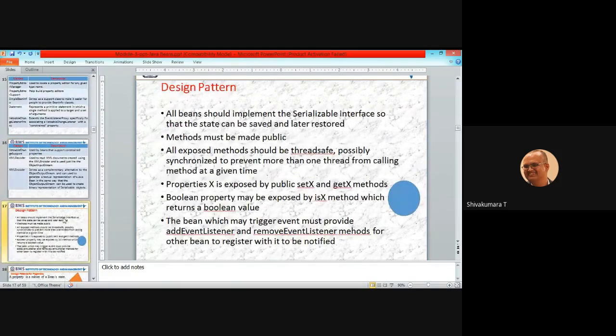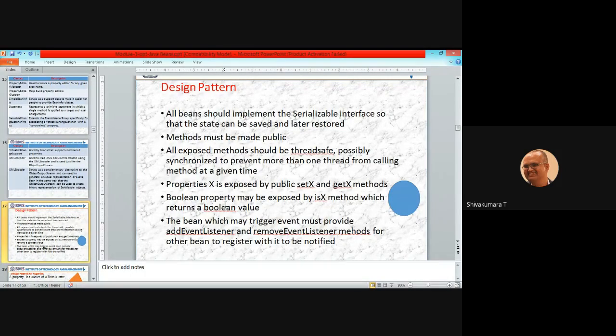What all did we discuss now? The design pattern has the following features: the Serializable interface, public methods need to be defined, and synchronized exposure for thread safety to prevent multiple access at a given time.